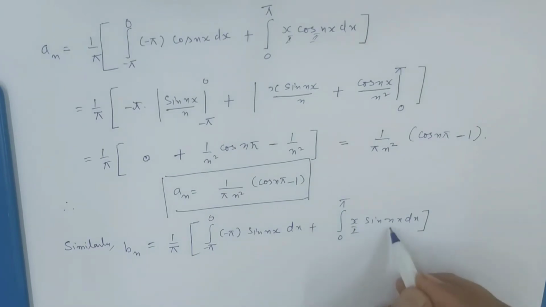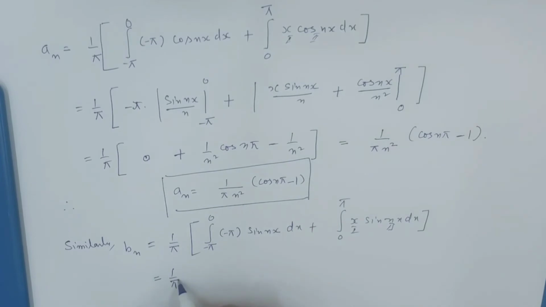Similarly यहाँ पे फर्स्ट फंक्शन, सेकंड फंक्शन, and minus pi is taken out, integration of sin that is minus of cos, therefore we will get 1 upon pi, cos nx upon n, minus pi to 0,